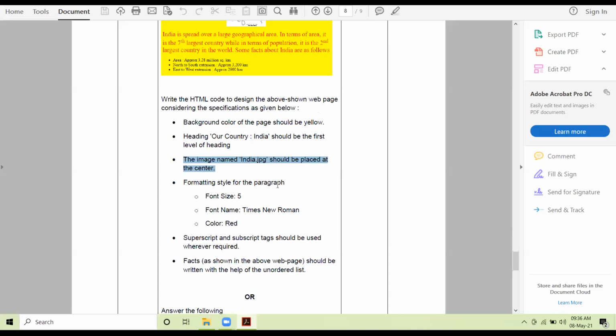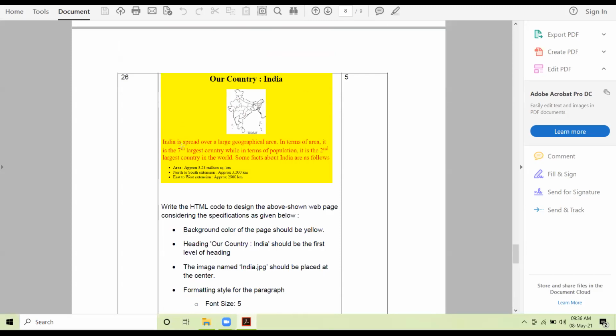Formatting style for the paragraph: font size 5, font name Times New Roman, color red. So these are the formatting facilities that you have to apply on the paragraph. Superscript and subscript tags should be used wherever required. So this is superscript.